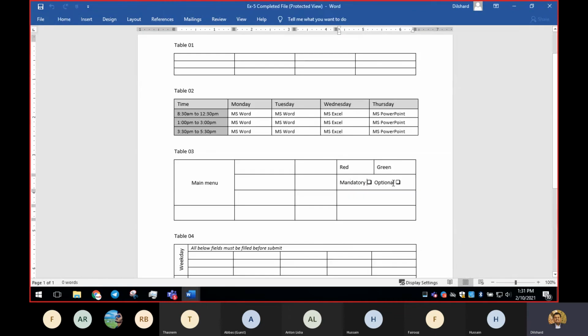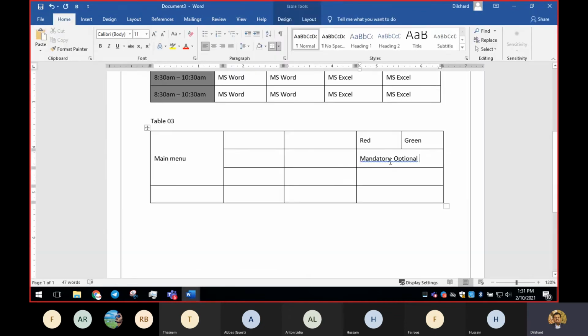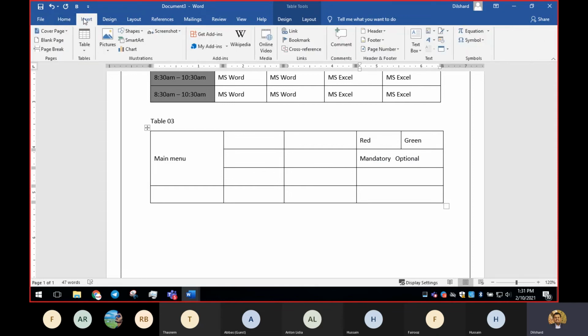Now to select mandatory and optional, I need a checkbox. We call this a checkbox. From where can we find that, right? I'm going to keep my cursor here and go to the insert tab. From here you can see symbol, right? These are the default symbols that we have as shortcuts.